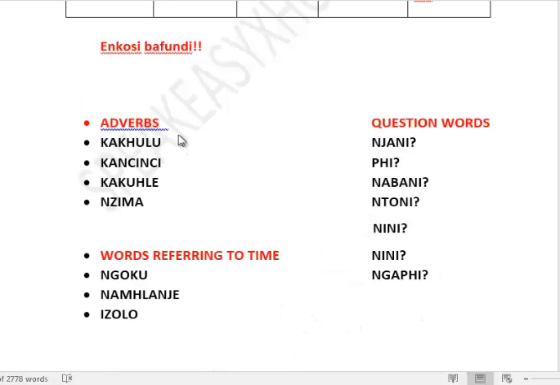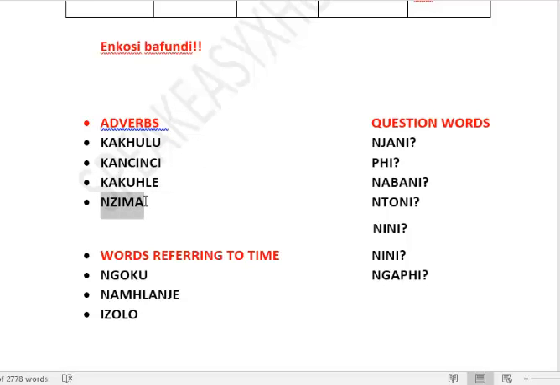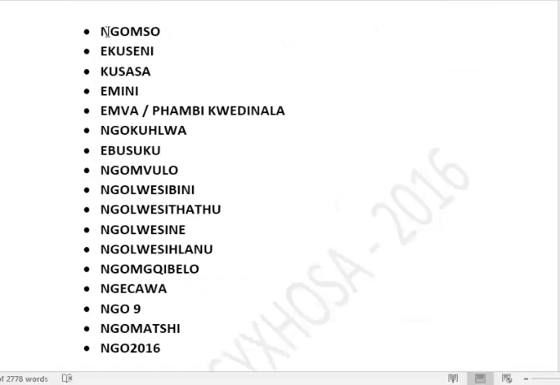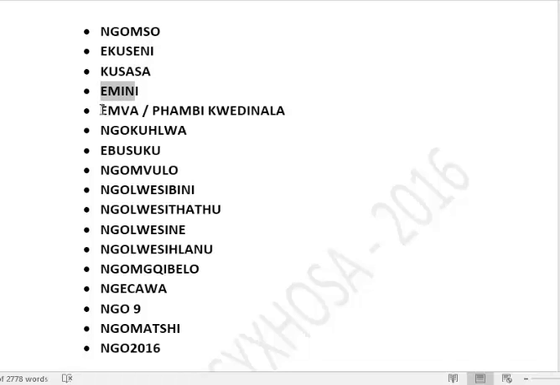So enkosi kakhulu. But before we go, we just take note of the fact that these words have been used with adverbs such as kakhulu, you do things a lot, kancinci, a little, kakuhle, you do it well, and nzima, with difficulty, as well as with words referring to time, ngoku, you do things now, do things today, did things yesterday, tomorrow, ngomso, ekuseni, that is when you do your early morning exercise at dawn, kusasa, in the morning, emini, during the day, emva or phambi kwedinala, before or after dinner,